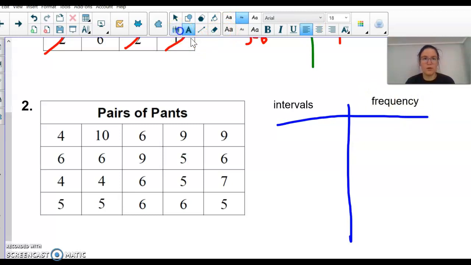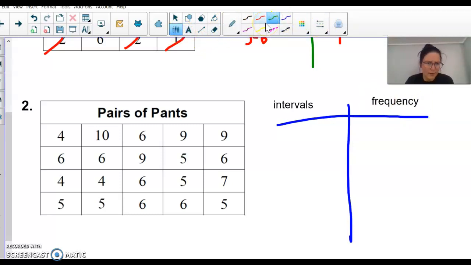So I'm going to look at my numbers and see what intervals I can do. The lowest one is 4, and the highest one is 10. Let's see what counting by threes gives me. So if I start at, let's start at